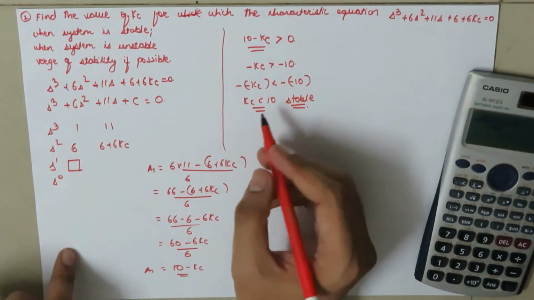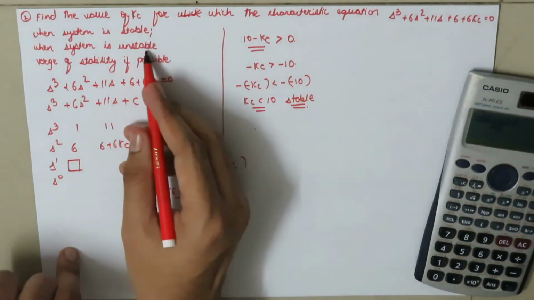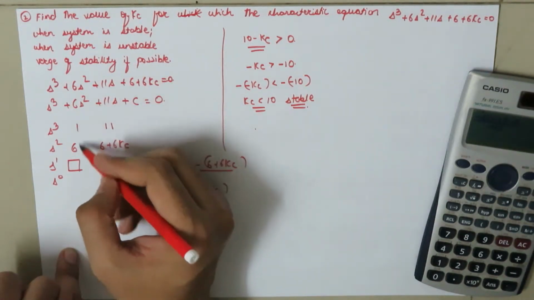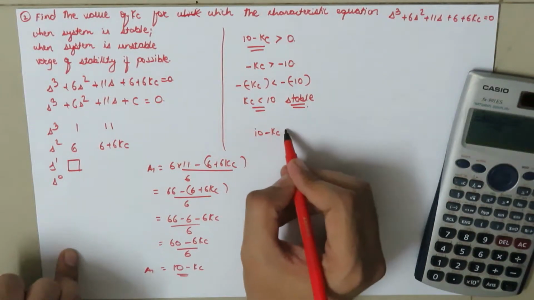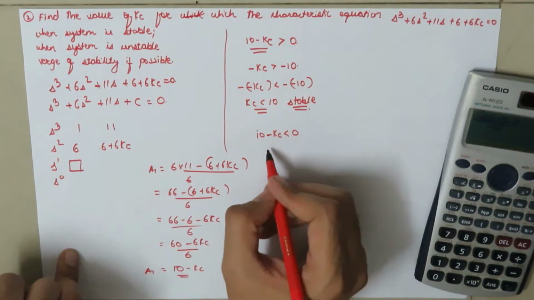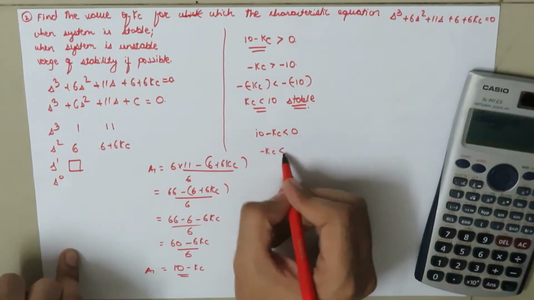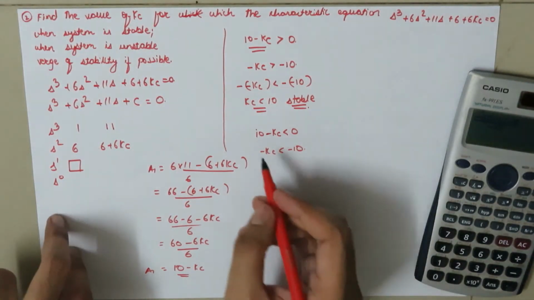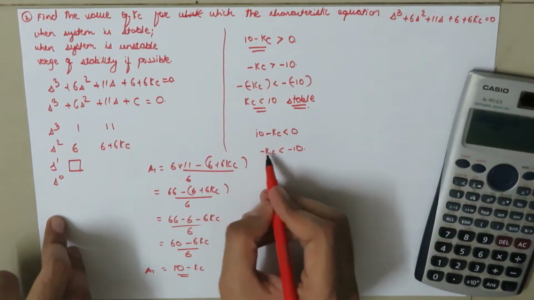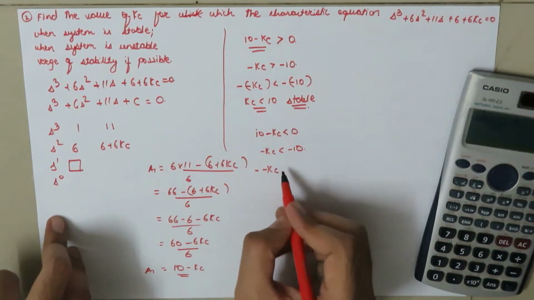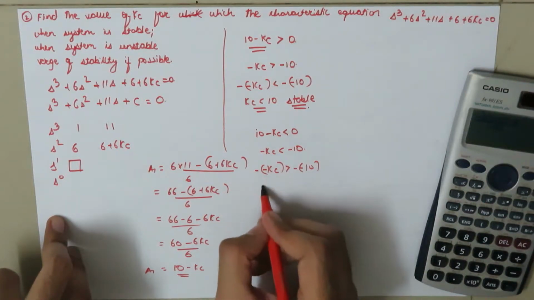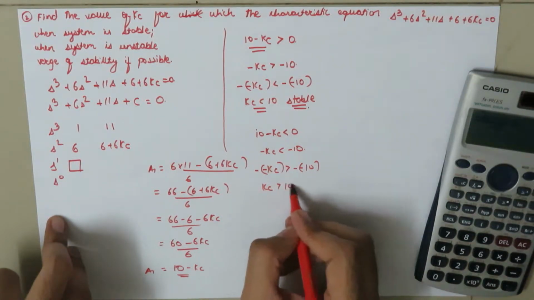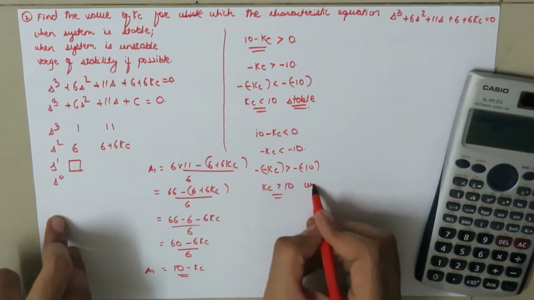And in another case, if the system is unstable, then the value must be negative in the first column. So 10 minus Kc should be less than 0. So negative Kc should be less than negative 10, but we want to find the value of Kc, so we are going to multiply with a negative sign. So negative Kc should be greater than negative 10. So Kc should be greater than 10 for unstable system,